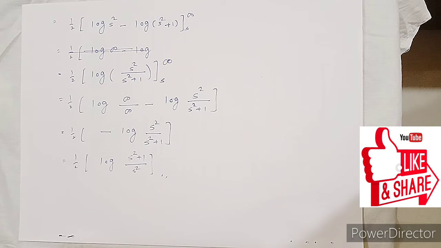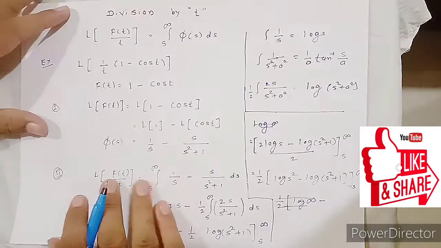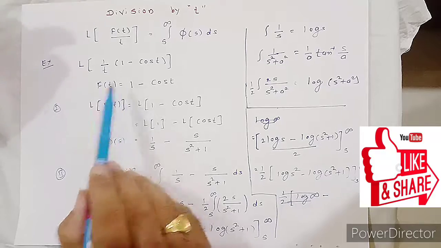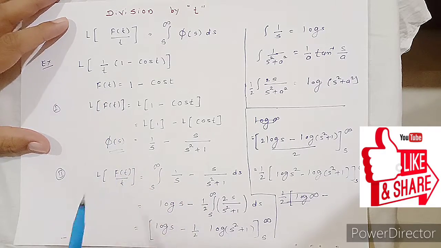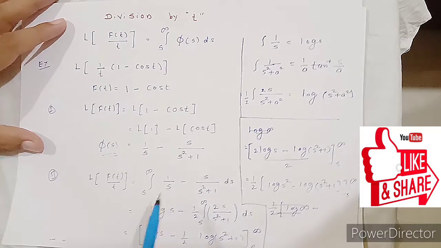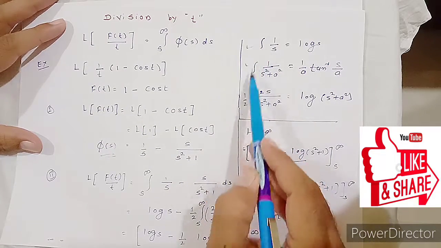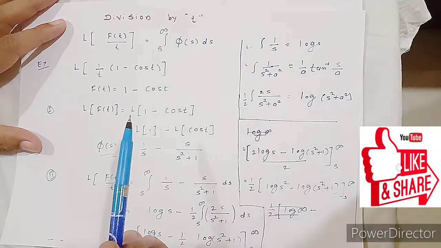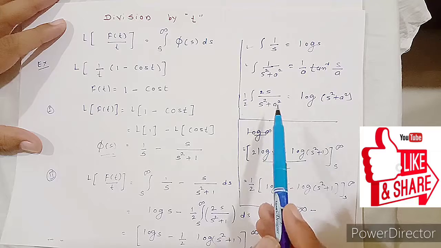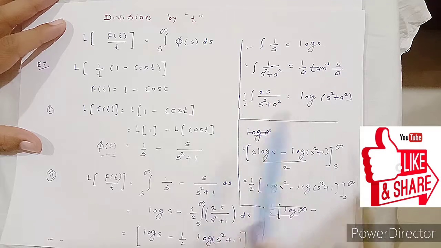So in this numerical guys, we start with the first step, that is find out f of t and taking Laplace of f of t, that means we get phi of s. Then apply integration. There are three important formula for integration. When there is a 1 upon s, log s; when there is a 1 upon s square plus a square, we use tan inverse. And when there is a s available in numerator as well as denominator, we adjust derivative of denominator in the numerator. So this is the basic numerical.